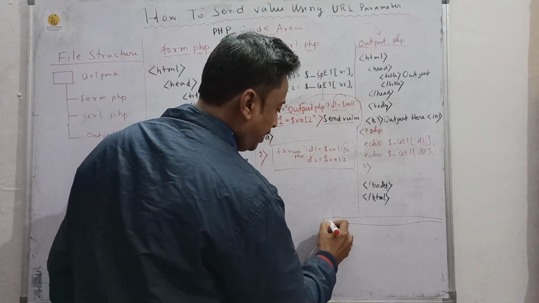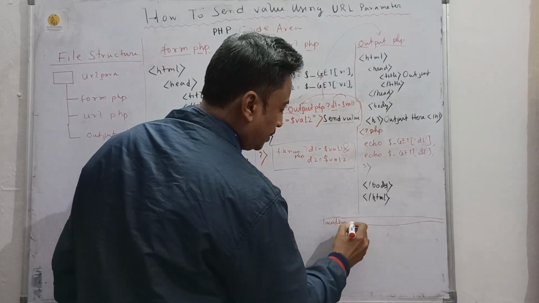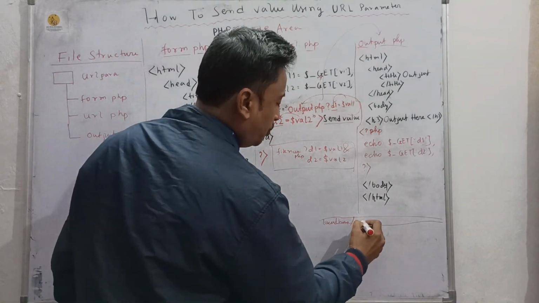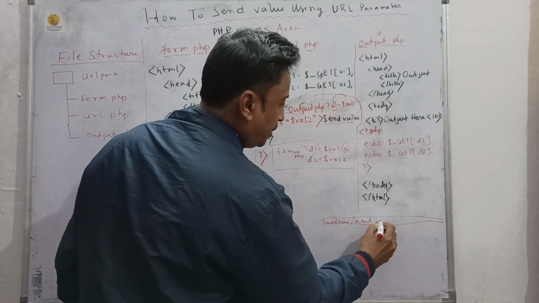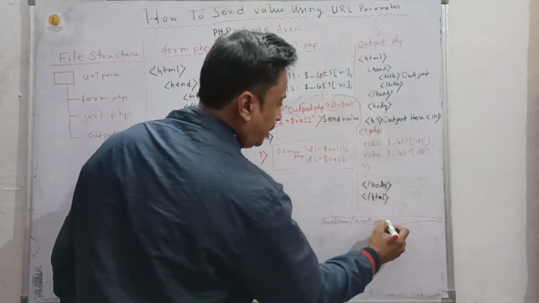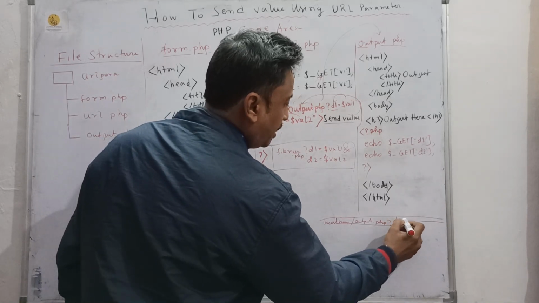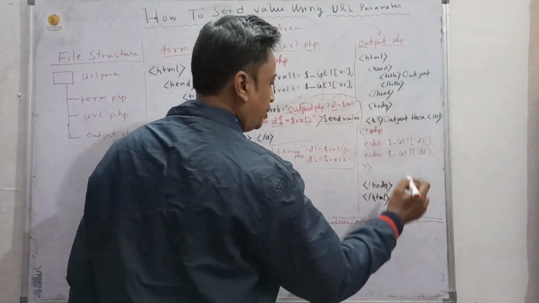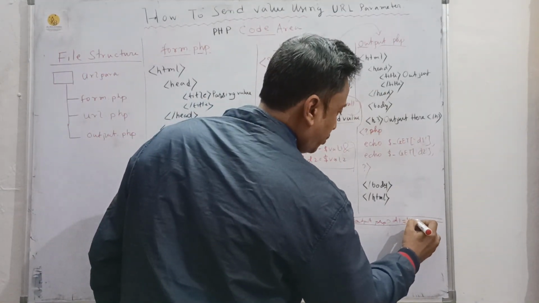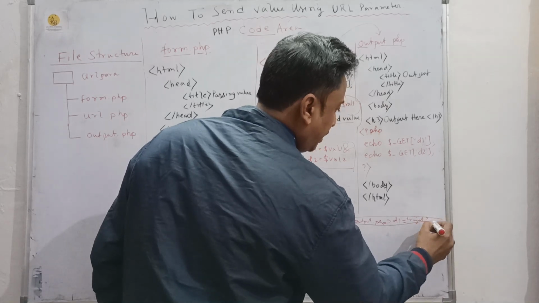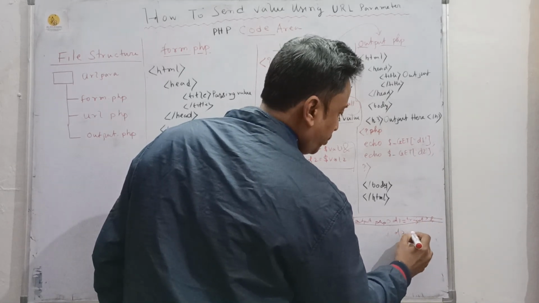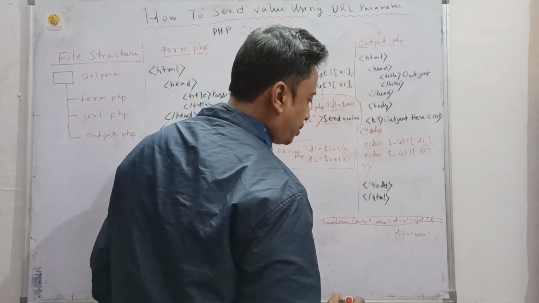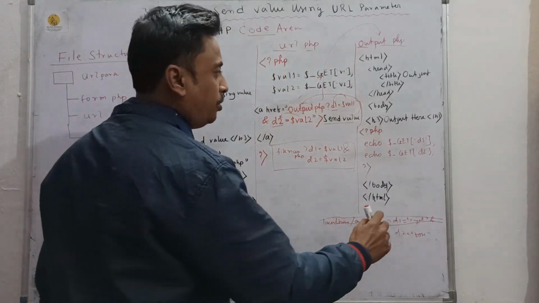You find here the localhost, then the file name. Suppose my file name is output.php, then the entire thing, question mark d1. Suppose I am entering a value here, val1 equals Rajat, my name is Rajat, and then the and operator, then d2 equals, suppose my surname is Bose, so d2 equals Bose. You will find, when you hover over it,